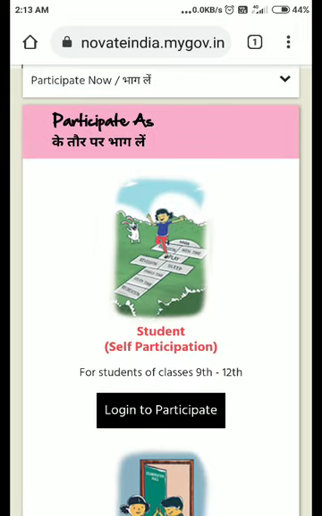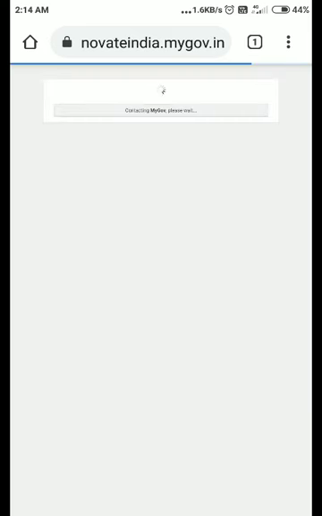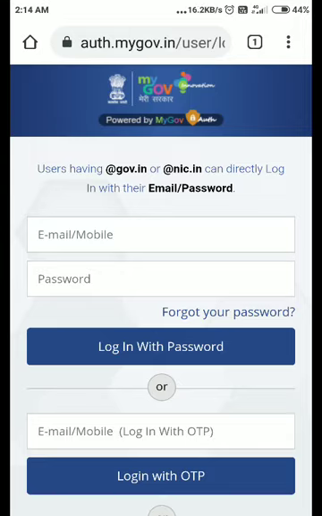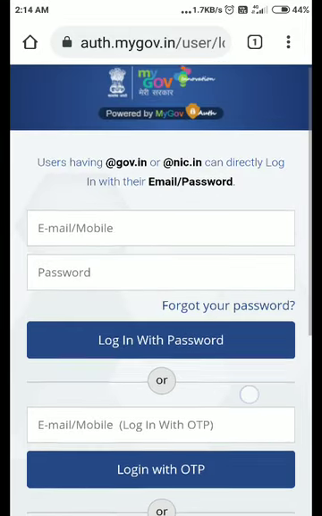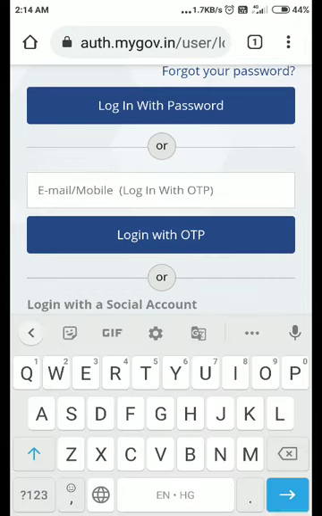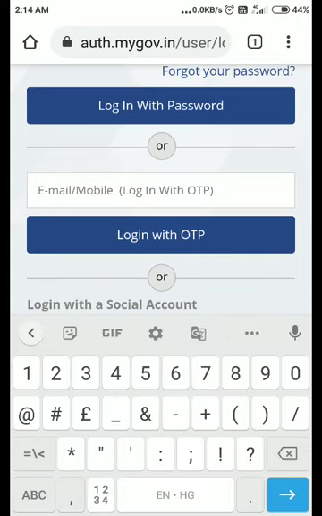Now on the top of that page, one option will be there, student self participation for students of classes 9th to 12th. I'm going to click on the option Login to Participate, and here multiple options will be there for login. I'm going to opt for the option through mobile number.